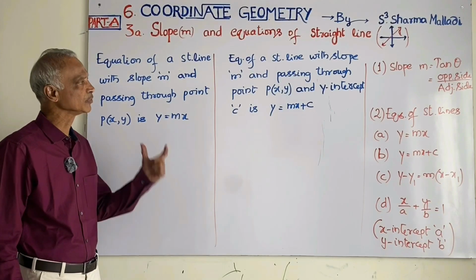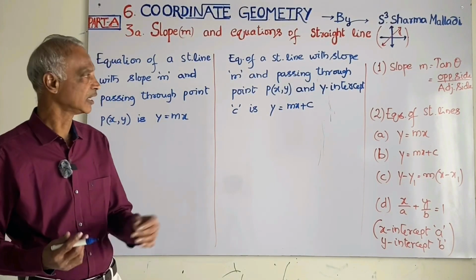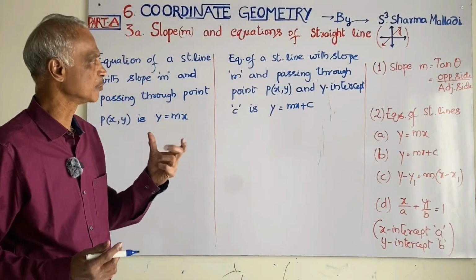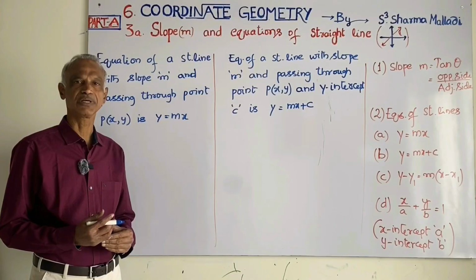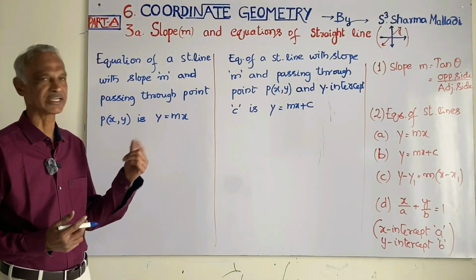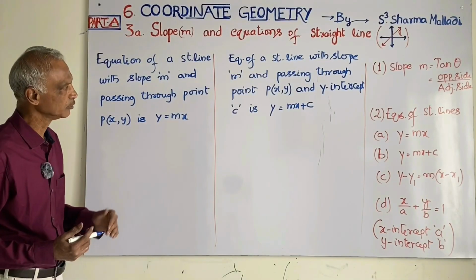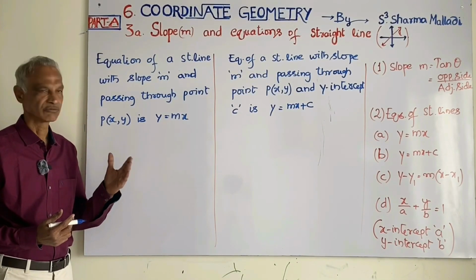Now slope, you know, slope is denoted by m, that is tan theta, and tan theta is equal to opposite side by adjacent side. The slope of the line depends on the angle and also on the ratio of opposite side and adjacent side. Now equations of straight line: y is equal to mx, y is equal to mx plus